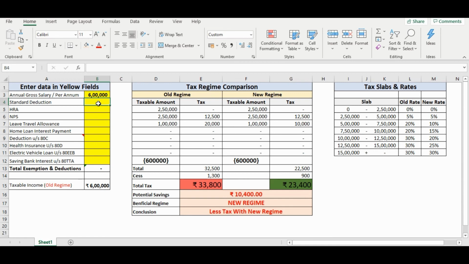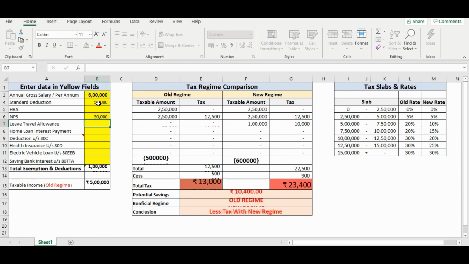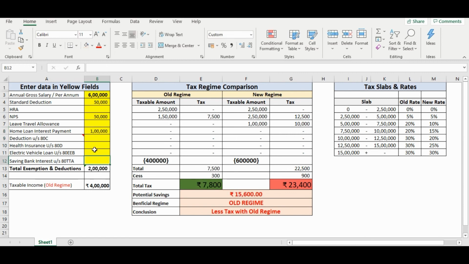Let us say we have 50,000 of our standard deduction. We have made an investment of 50,000 towards NPS. We have our housing loan for which we can claim the interest. Let us assume we claim around 1 lakh rupees. Here we can clearly see that with few deductions we can save some tax when we choose our old regime.